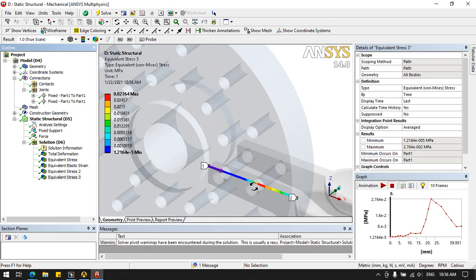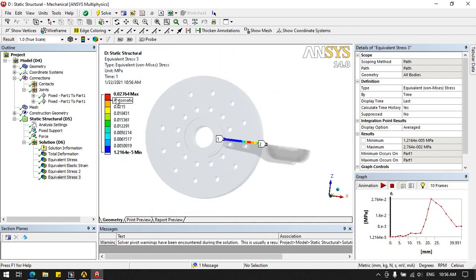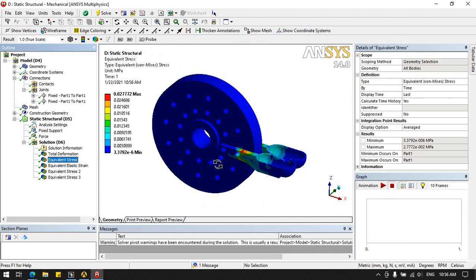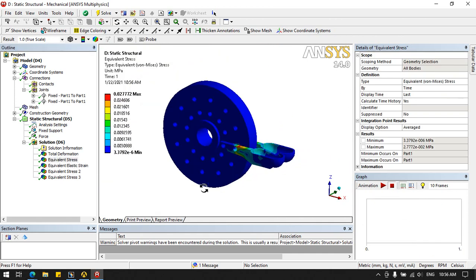We can see at the middle of the joint, at the nearest joint, an increase of the stress, and the stress is also 0.02. So like this we can do simulation of the wind wheel. Well done. Okay, any doubts?